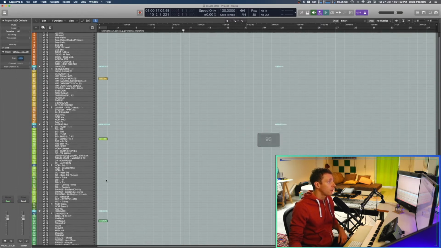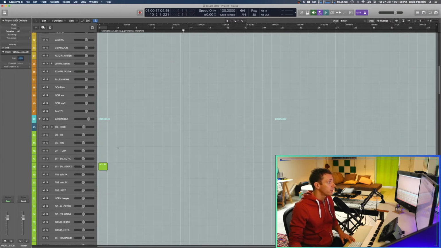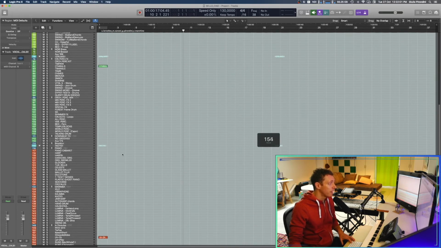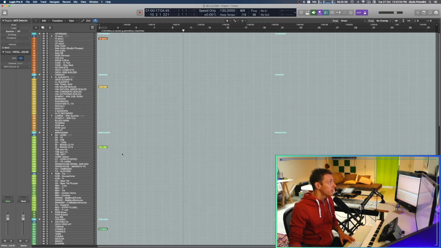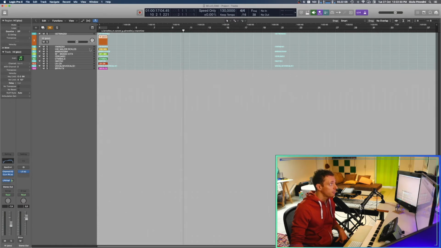So you don't want to scroll down like that. You have to reduce the vertical zoom. I have already reduced it, but still I have to scroll down, but I don't want to do that. So the Logic shortcut to collapse all the main tracks in which you really compose something is Alt-H, and then boom. So in this case, you have just the tracks you have used in this project, and most important thing,